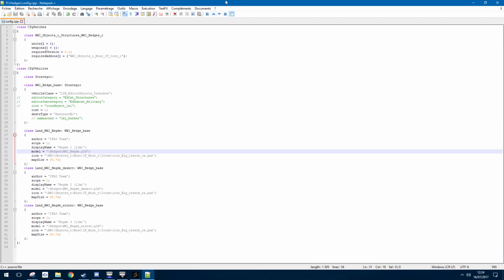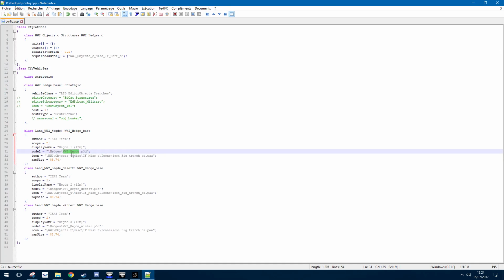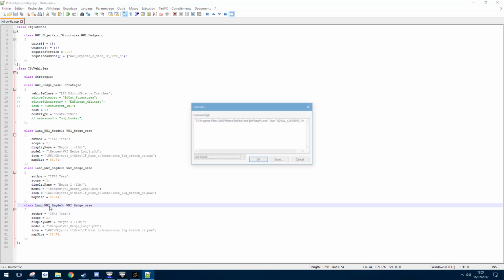that I'm going to name into the edge long 2, edge long 3, the icon I don't care, the edge 1, edge 2. So the class name, you don't want to have the same ones because